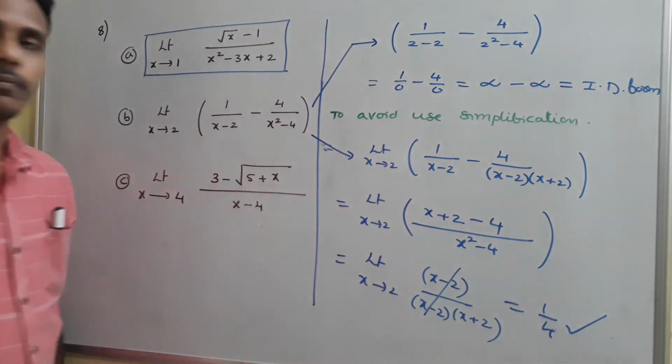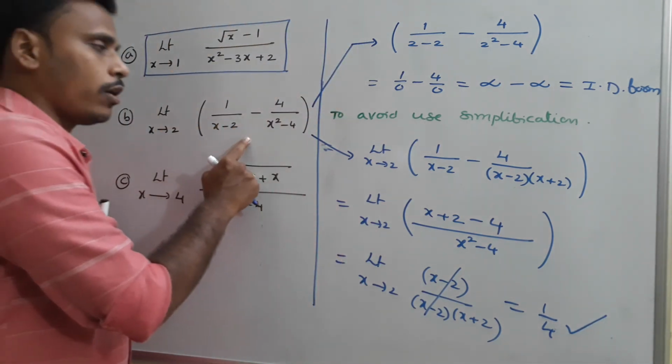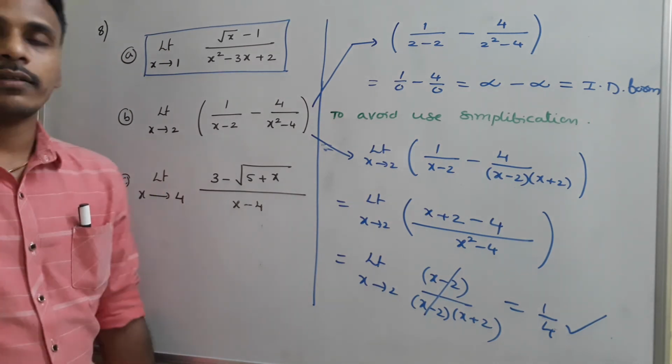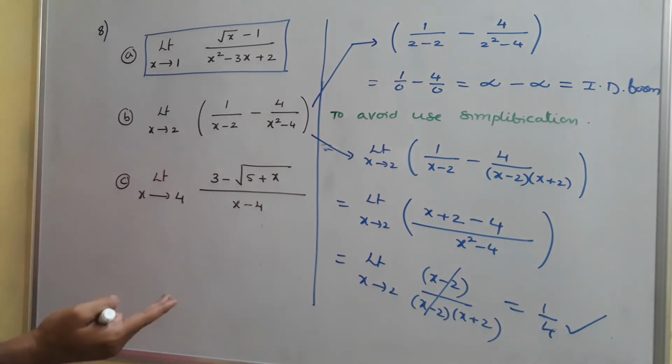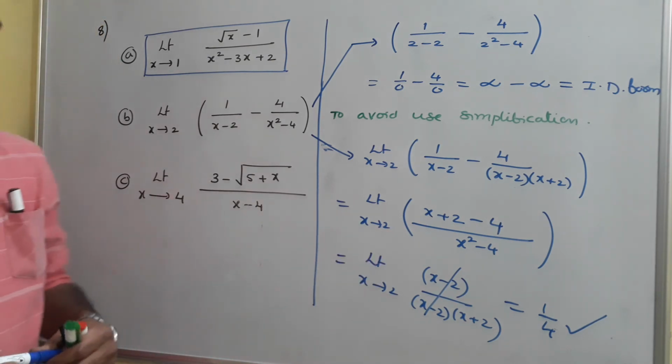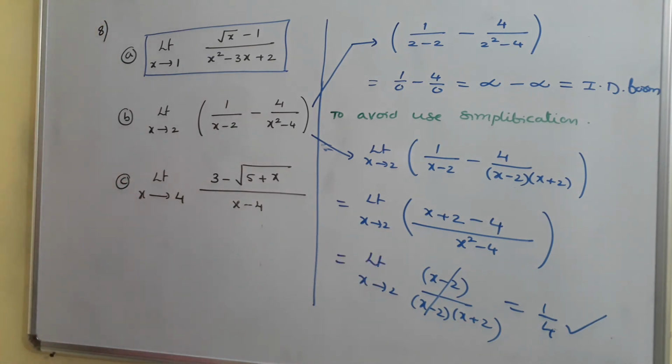There ends the problem. So direct substitution gives us an indeterminate form, so we need to avoid that. To avoid it, use simplification, and on simplifying you have your answer as 1 by 4. Okay, just have a look. I have one more problem where we will use rationalization. If it is clear, I will discuss that next one.